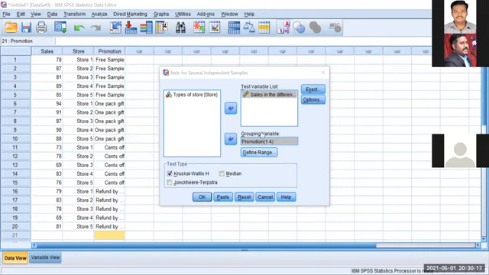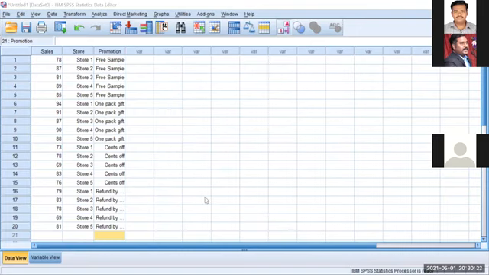Okay, so after that, I have defined the range here also, and I'm giving OK. So you'll get two output tables. I will share the two output tables now. I will stop sharing the